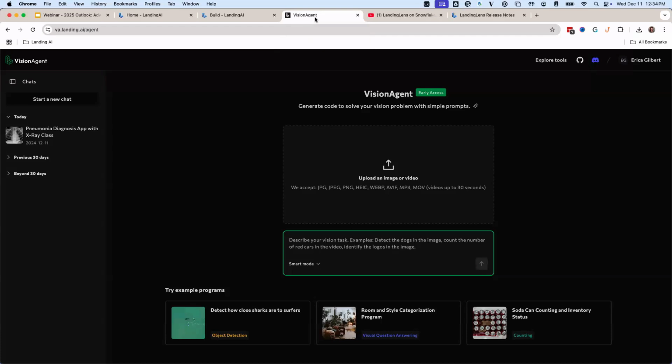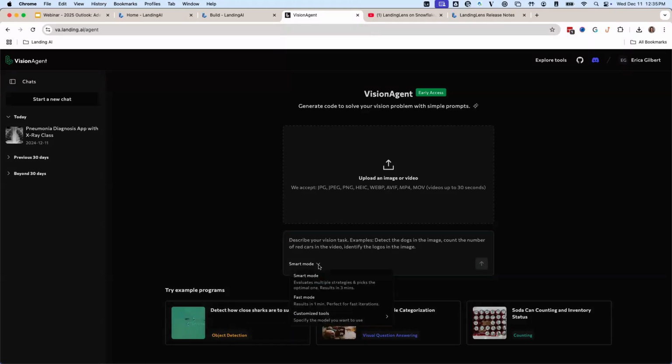You are writing a prompt to help frame how the agent is going to perform ultimately a task for you. So it gives, obviously, some information on how to describe the task and some examples here. You can even just leverage some of the example programs that are provided at the bottom. And you can also be specific